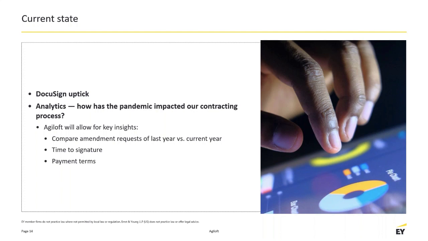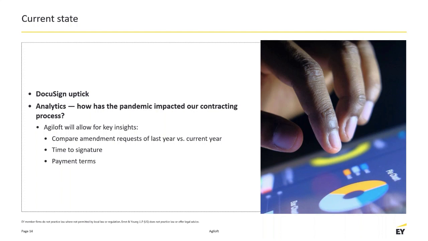So amendments is something that we're definitely seeing a bigger uptick in, in this world that we're in, and we now have the ability to get more information about that. And also, having Agiloft as a CLM application in place has made us realize we do have some outlier groups in tax that are not using our CLM application. What we've been able to see is that by having the CLM in place,